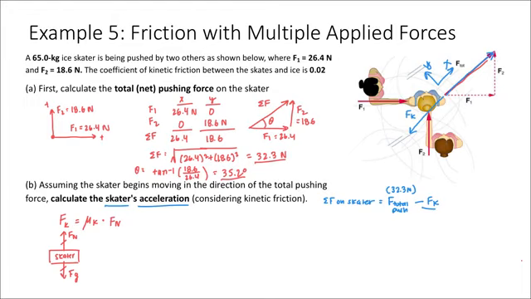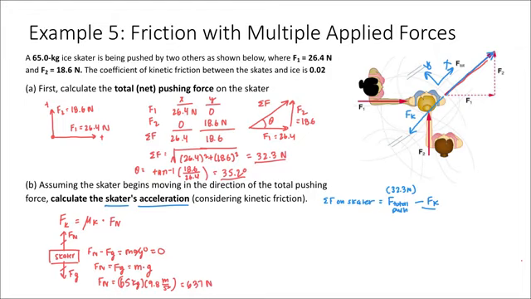So then I know that Fn minus Fg, again, is may, which is equal to 0. So Fn is equal to Fg, which we know Fg is m times g. So that means that Fn is equal to 65 kilograms times 9.8 meters per second squared. That'll be equal to